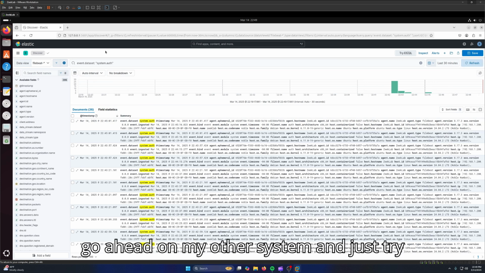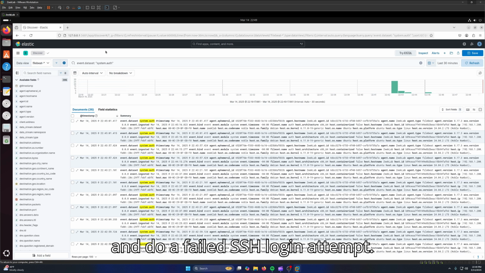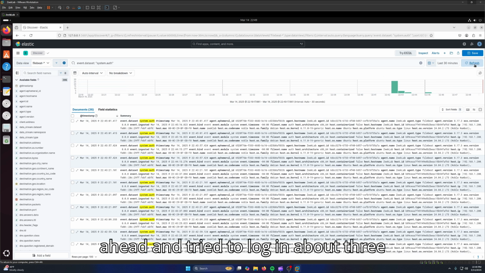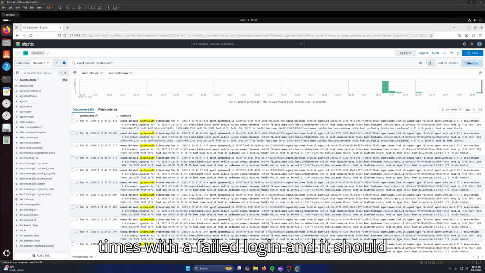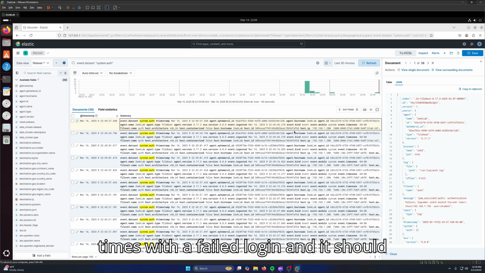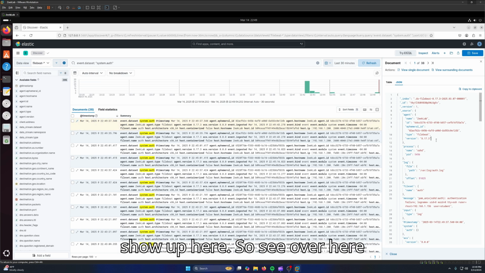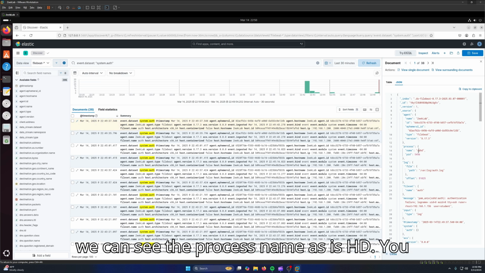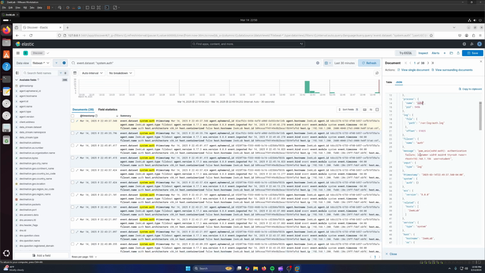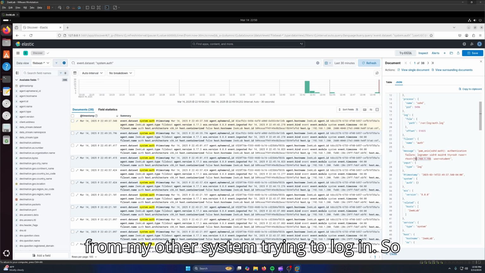So I'm going to go ahead on my other system and just try a failed SSH login attempt. I've gone ahead and tried to log in about 3 times with a failed login, and it should show up here. So see over here, we can see the process name SSHD. You can see failure, authentication failure, user was a student, and the host was from my other system trying to